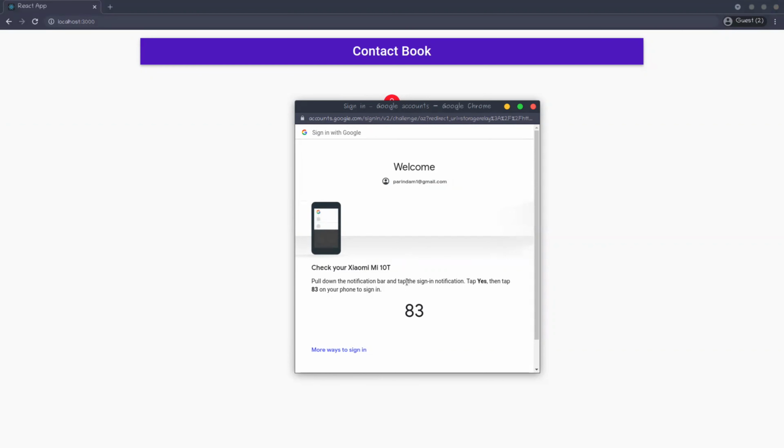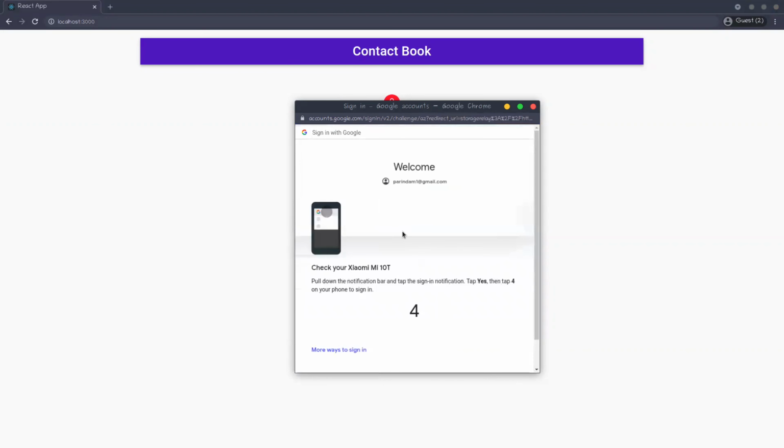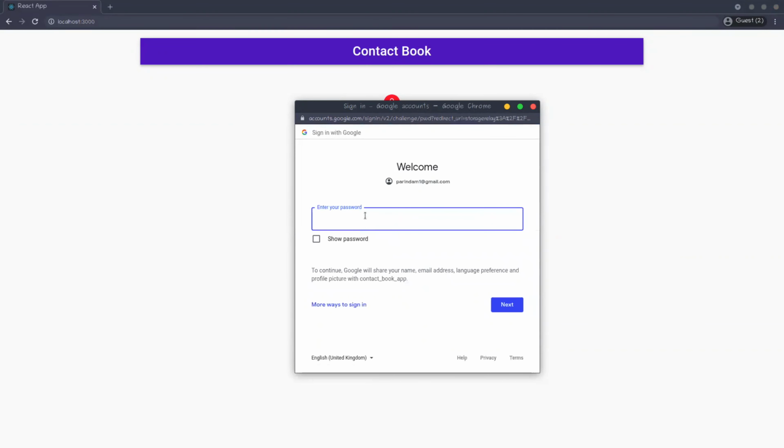Okay, it is not coming. Why is it not coming? Okay, I can use password.